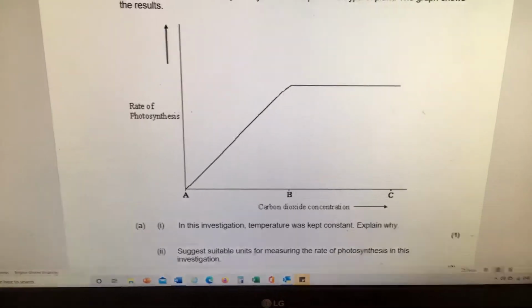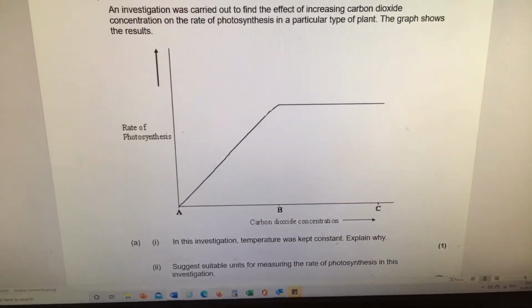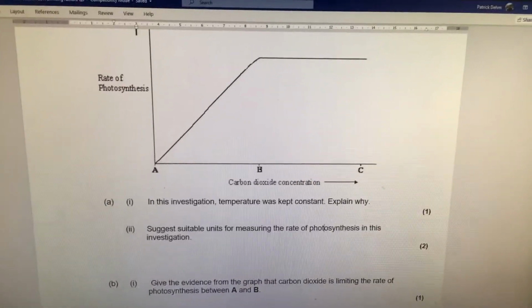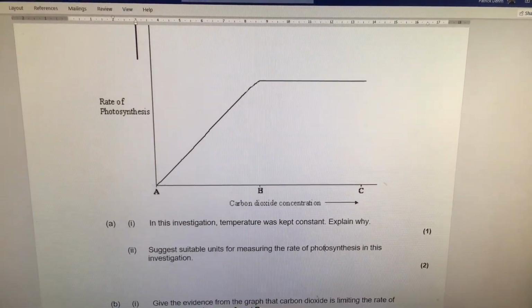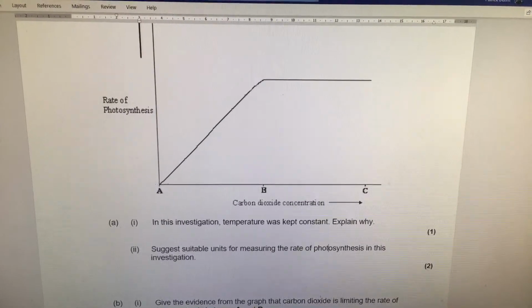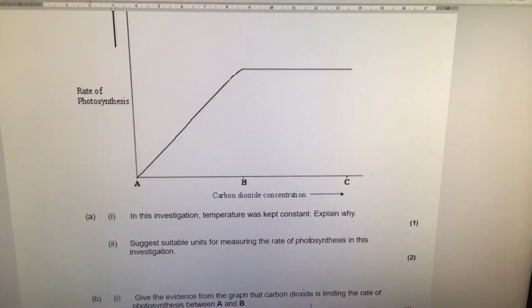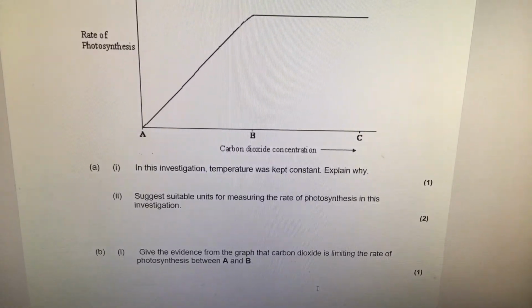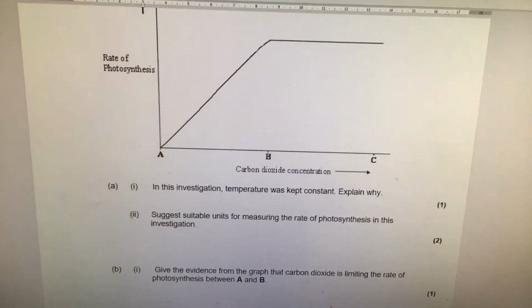So in the investigation, temperature is kept constant. Well, remember, in any kind of investigation, you have to be absolutely sure that you only change one factor at a time. So you don't want temperature to start affecting the results. Suggest suitable units for measuring the rate. Well, that will be